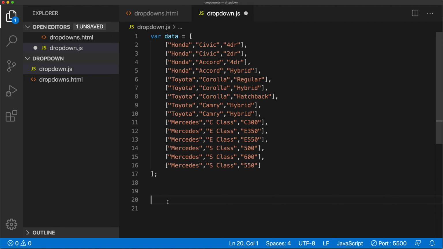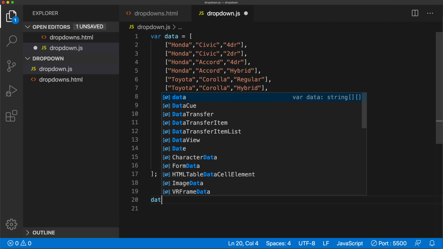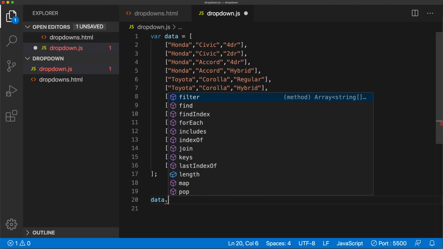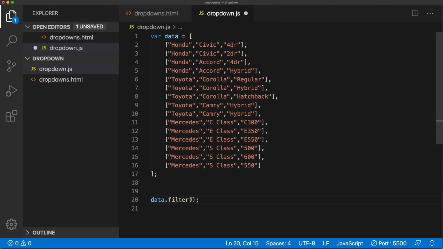To do something like that, I would have to take that array data and run a filter on it. In this filter, I'm going to do an R for a row, and I'll do an arrow function. So for each row, we want to only return the rows where the first column is Toyota. We can do that by taking the first column, which by 0 index is R0, and making sure it equals Toyota. So if I save this in a variable,